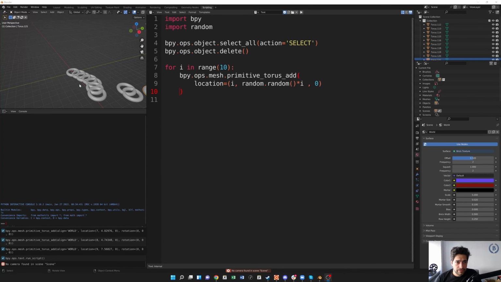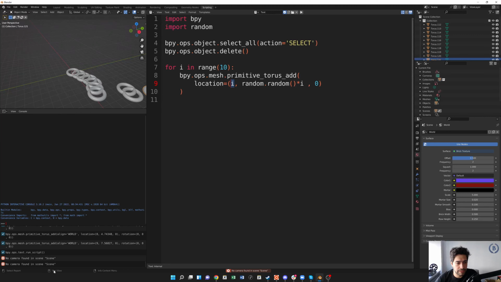Okay, so once we've gotten some objects in our scene, we've got our basics of scripting. So here we're just adding 10 donuts to our screen at sort of random locations. The next thing we want to do is actually view this scene. So if we go to render, we click render image, but we're going to get an error that says no